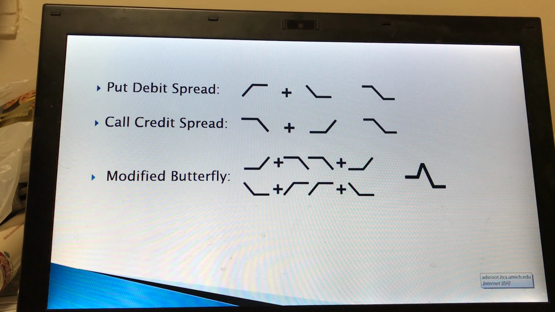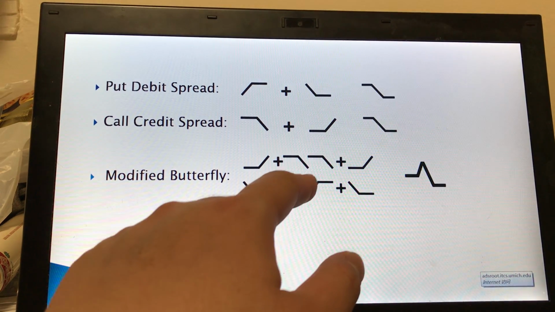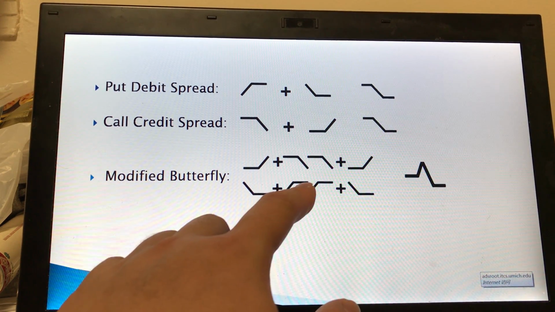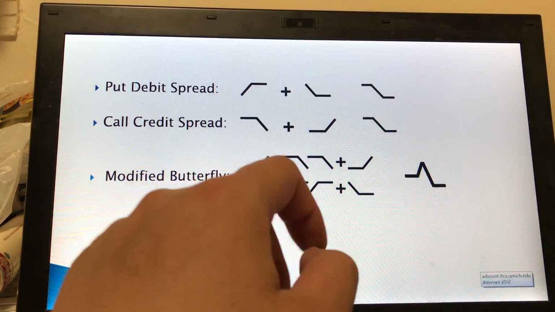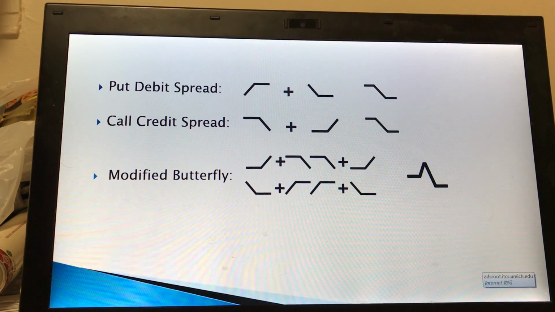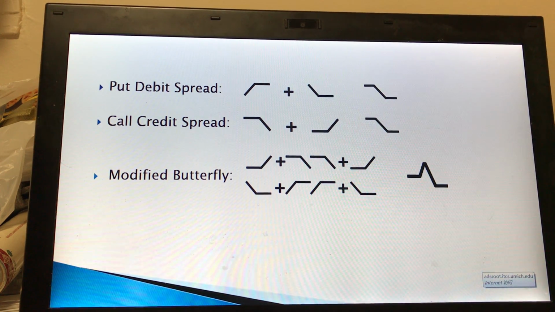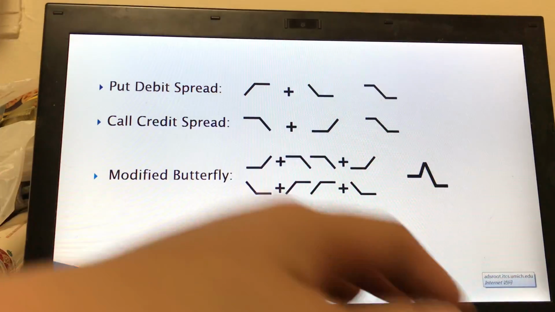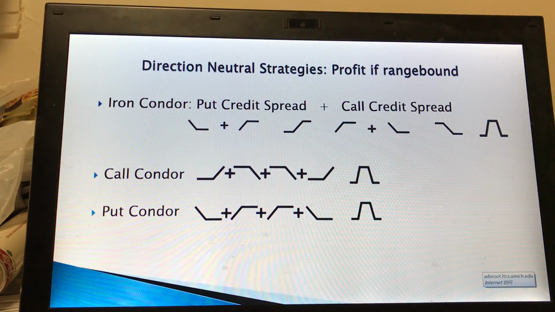So we will hope the stock makes a slight downward movement or stays bounded to a range, and choose this middle strike to the point that you are confident that the stock will expire at. This is based on your judgment, on the historical volatilities and the market direction, and it all depends on your analysis. So for the direction neutral strategies,